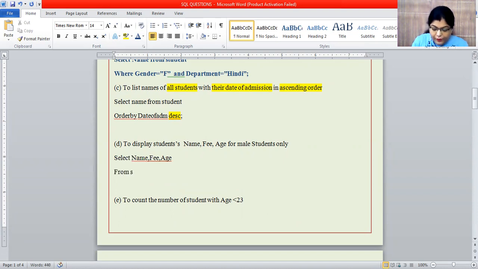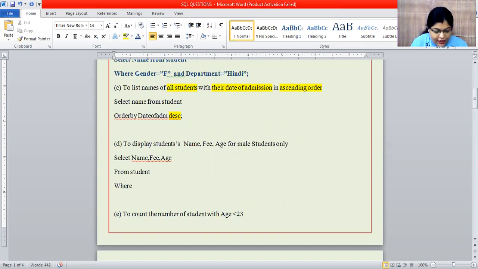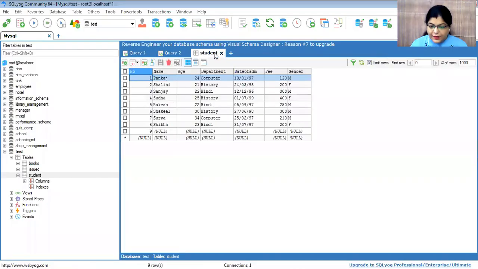From the table name, which is student. Now you have to put the condition: where gender is equal to male only. So this becomes the answer: select name, fee, age from student where gender is equal to male. Now we'll go there and see the answer.